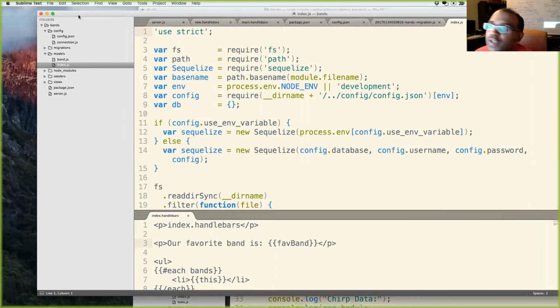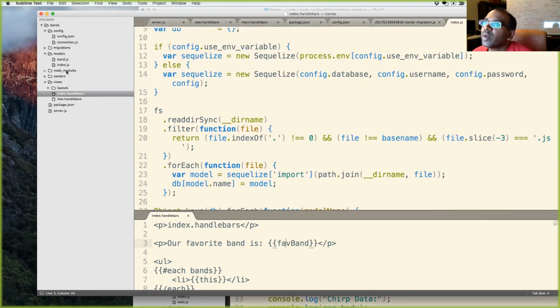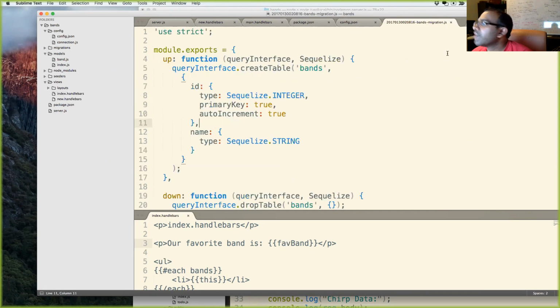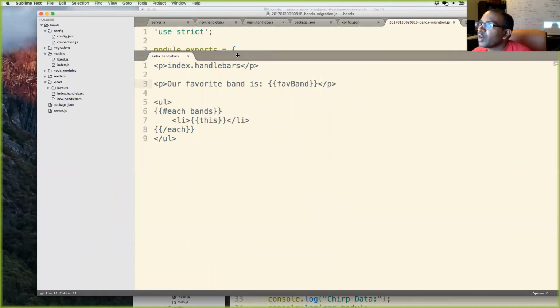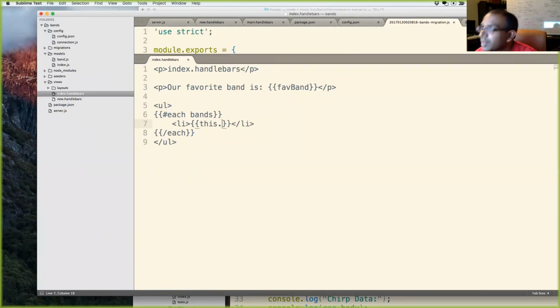If I open up my index file, now where are we? In my views. That was index.js. Right here, if I open up this, it's this dot band. This dot ID.